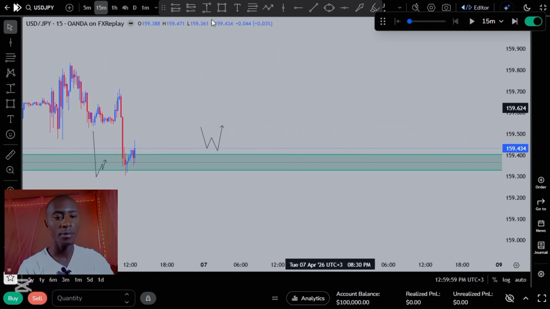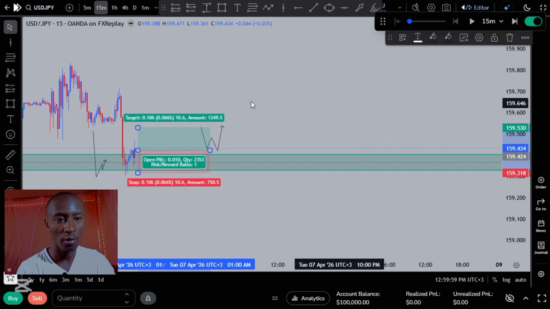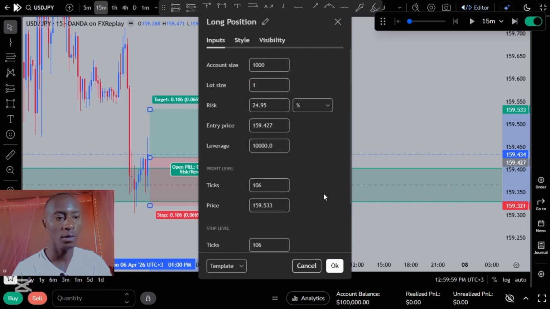So at this point, what I'm going to do is take my limit order here. I'm going to make sure this is 15 pips and about 75 pips, because remember on USDJPY we target 1:5 when we set our stop loss to be 15 pips. And if your stop loss is about 20 pips, then we are targeting 1:4, which is 80 pips. So I'm going to make sure my profit level is about 75 pips,